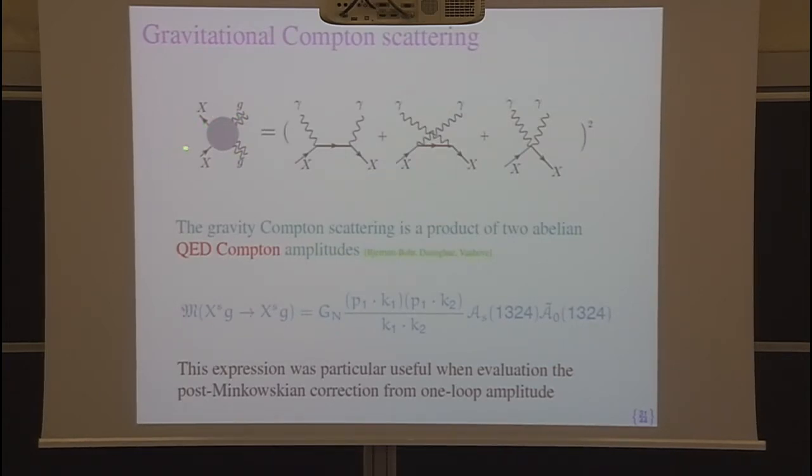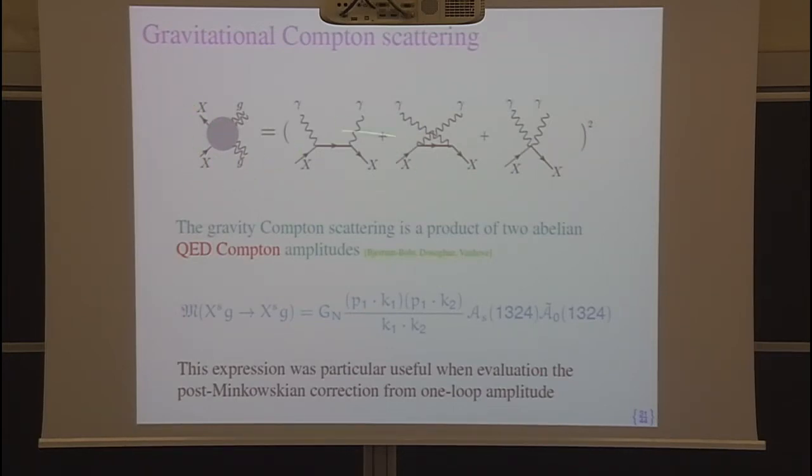So this is a massive particle with spin s and emits two gravitons. So if you use KLT in field theory, you want to write it as a square, or the product, of two equivalent